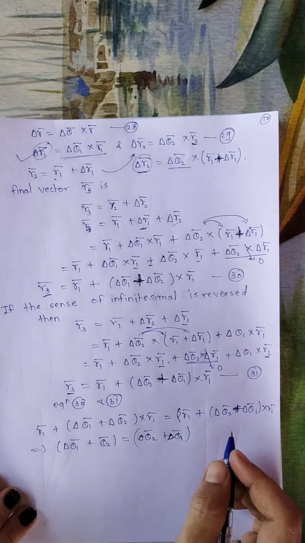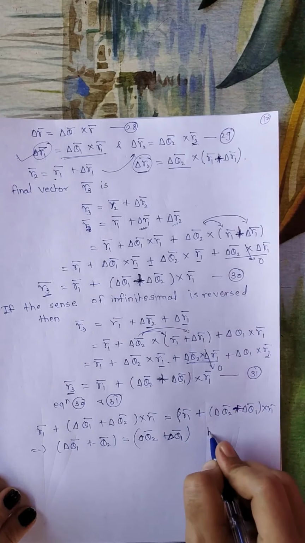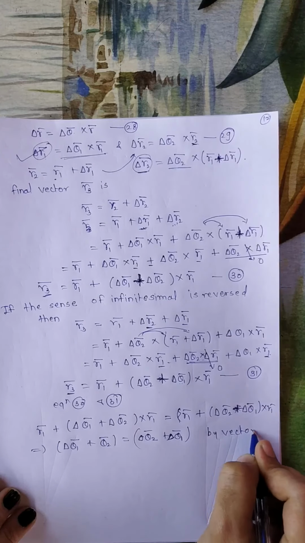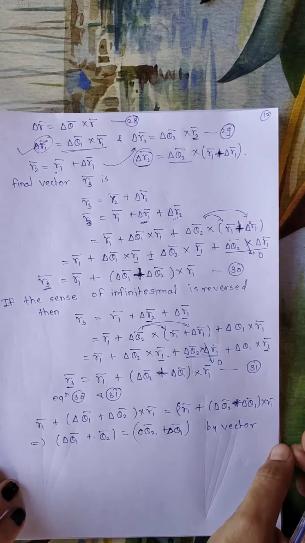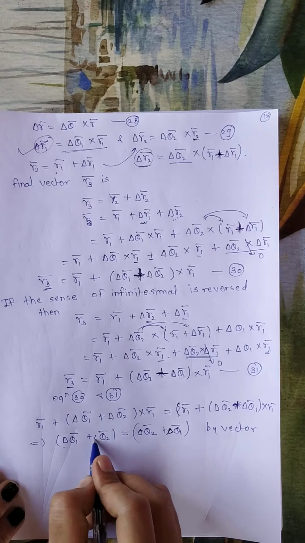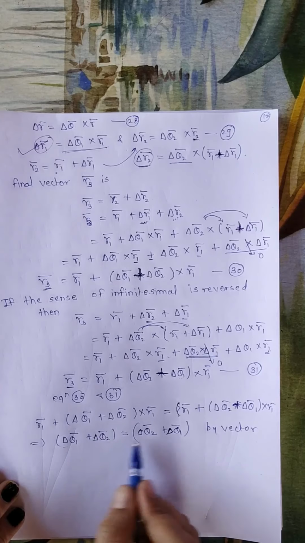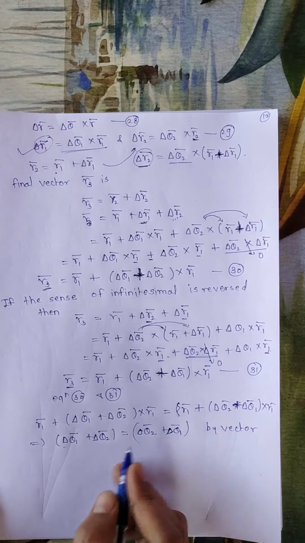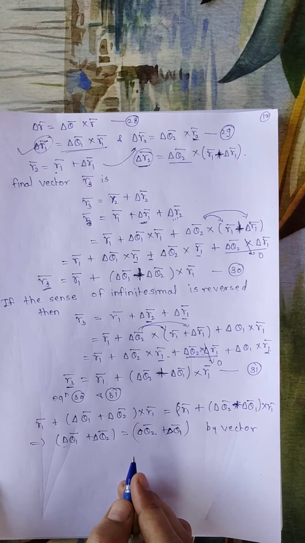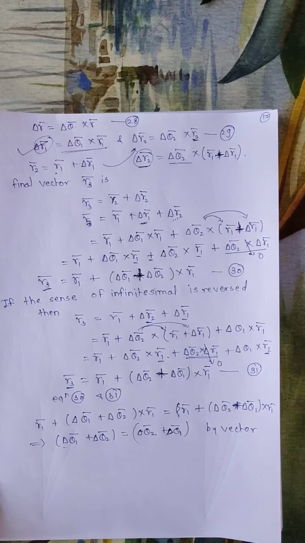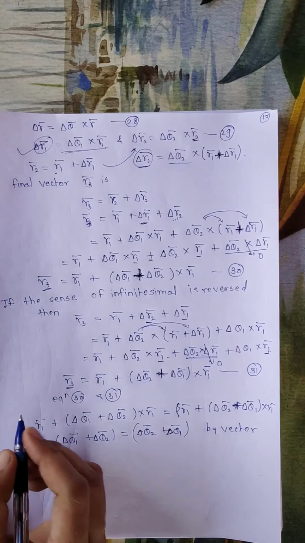Hence, this angular displacement can be represented by a vector quantity. Since the commutative law of addition is obeyed by all types of vectors and these quantities are also obeying the commutative law of addition, therefore I can say that these angular displacements are vector quantities. Therefore we can represent this angular displacement as a vector, meaning delta theta is taken as delta theta bar. Now we will have two conclusions from this.